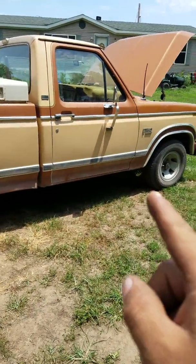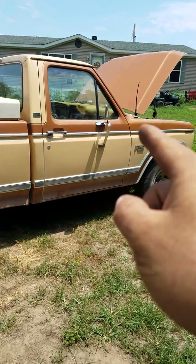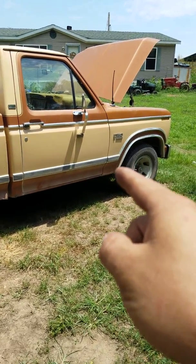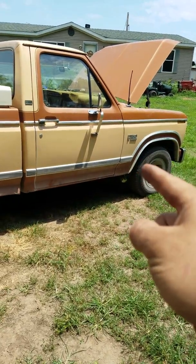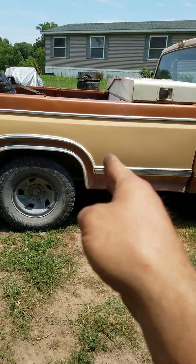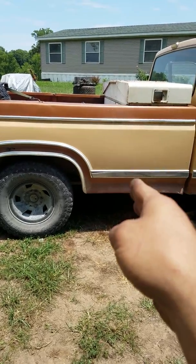And the way the exhaust is set up right now is the exhaust from the driver's side comes down and goes into a Y pipe right here behind the front passenger wheel, and the exhaust from the passenger side goes into the Y pipe, and then from the Y pipe right back here, somewhere where my hand's at. It's hard to tell on camera, but right back here somewhere is where the end of the